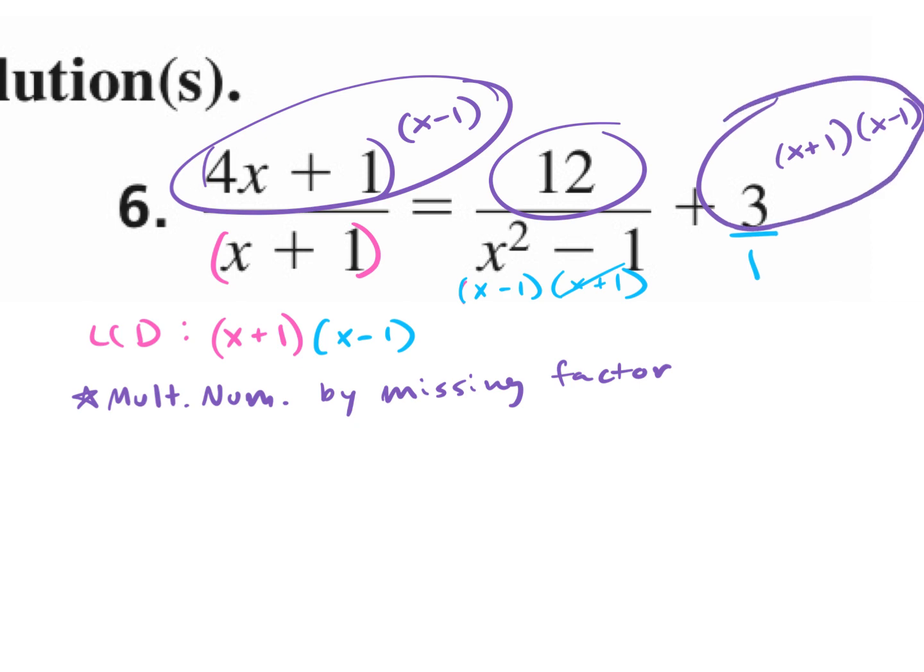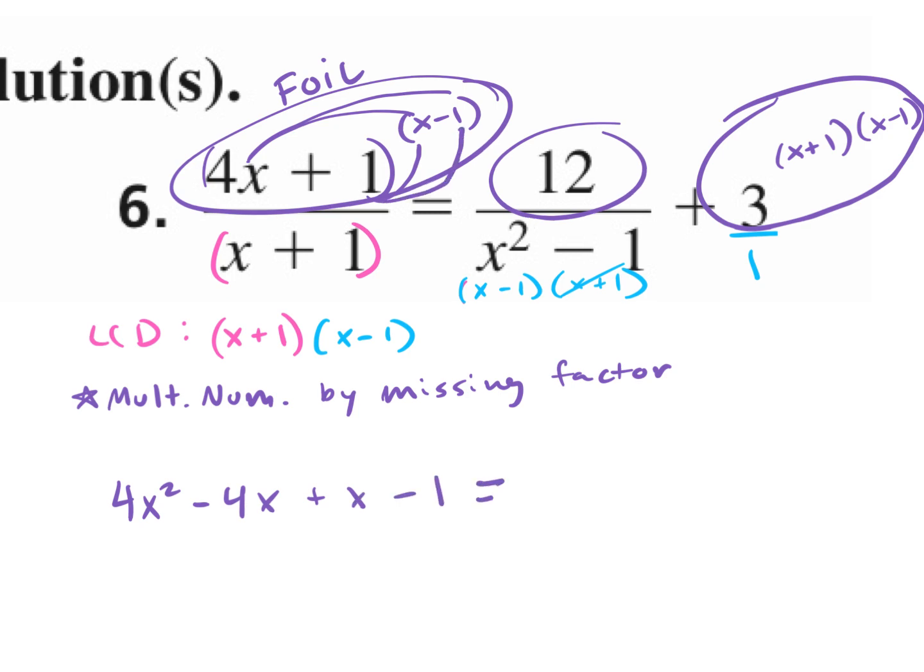How would I multiply 4x plus 1 times x minus 1? Distribute, but since they're both binomials, what do I do? FOIL. So we're going to multiply the first ones. What's 4x times x? 4x squared. The outsides would be minus 4x. The insides would be plus x. And then the last would be minus 1. And that's equal to 12